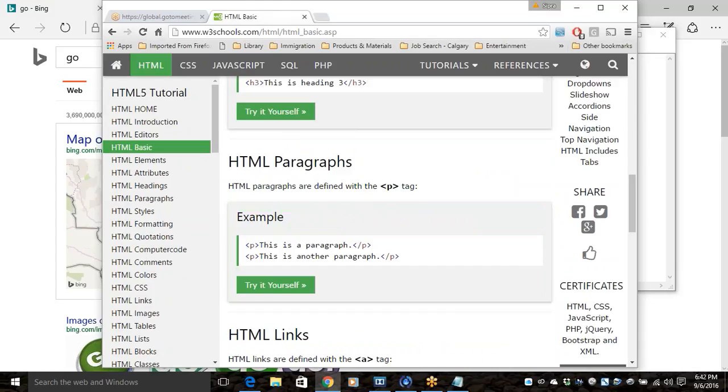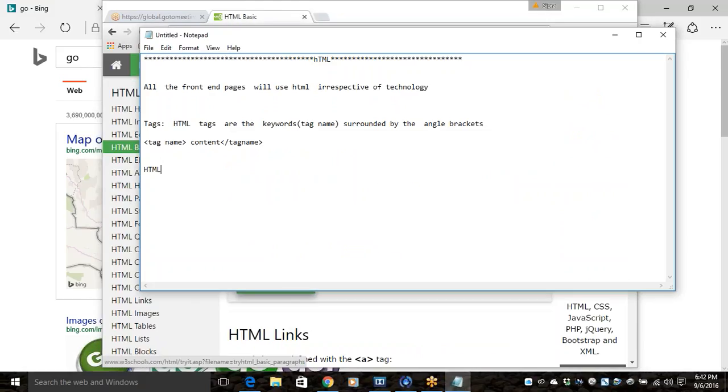Observe here, the HTML code starts with the html tag, and in between we are going to write the content and it is ended with the closing html tag. Observe the content and text described between html and